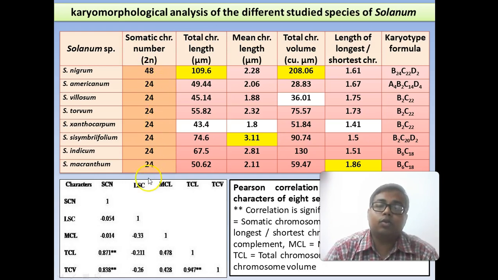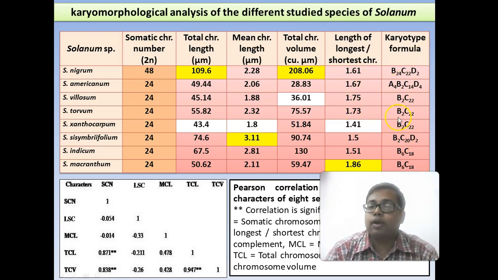These are the somatic chromosome numbers of 8 plant species. These are the total chromosome lengths, among which Solanum nigrum shows 109.6 micrometers in total chromosome length. This column shows the mean chromosome length. This column shows the total chromosome volume, and this column shows the ratio between the longest and shortest chromosome, and these